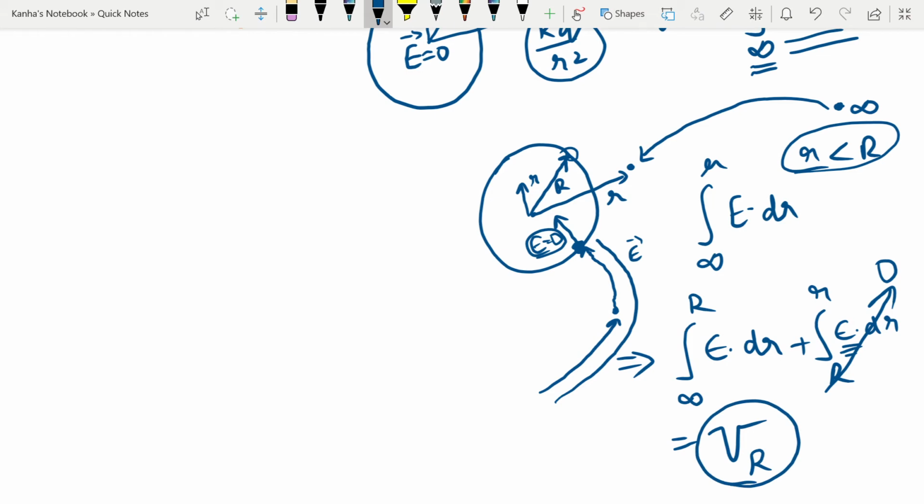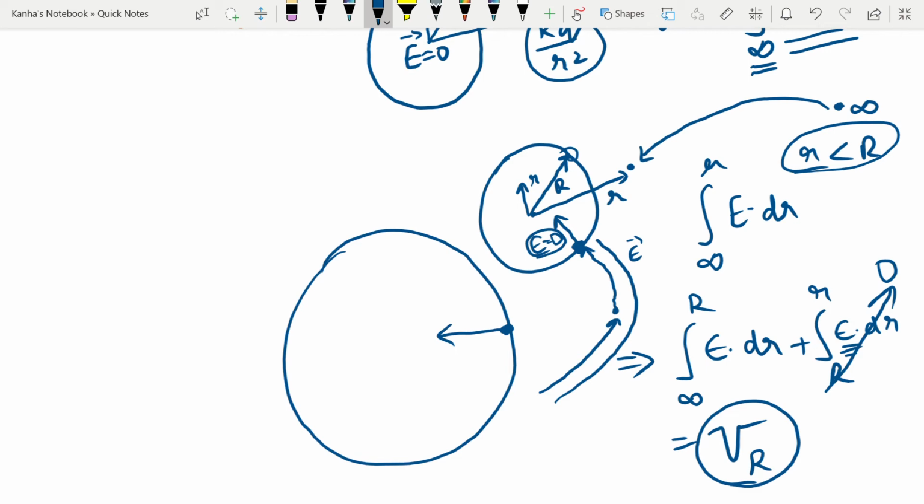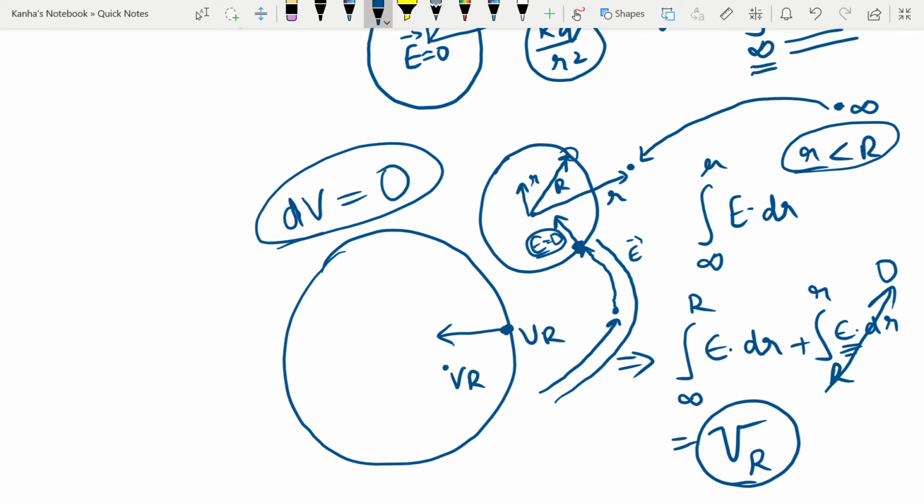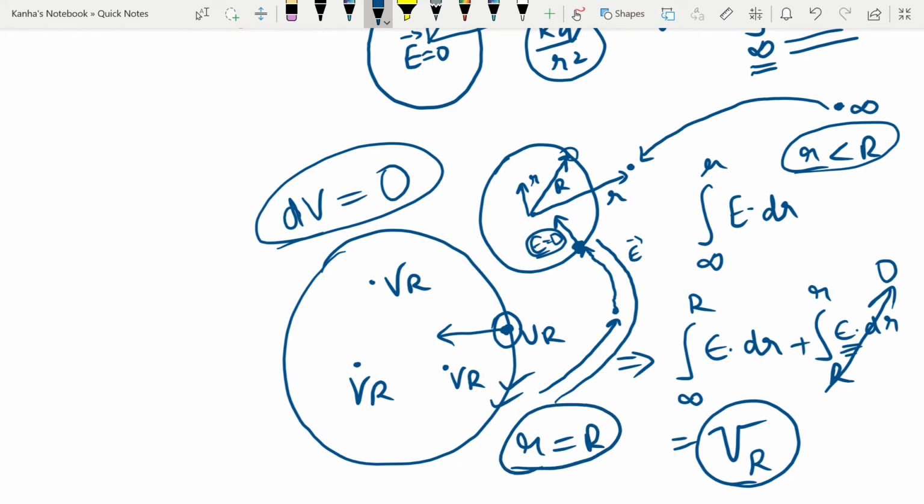So what this essentially means is, if you have a sphere like this, and if you go from the surface towards the inside, the potential difference dV, the change in potential, is equal to 0. Change in potential equal to 0 means the potential remains the same. So the potential here is also the potential at the radius R, here also V_R, here also V_R. Everywhere the value of the potential is the same as that at the radius R. With this in mind,